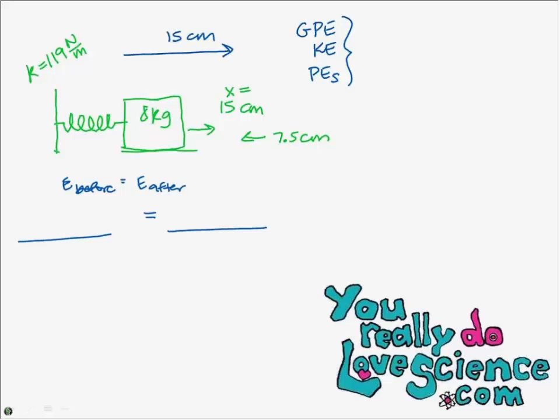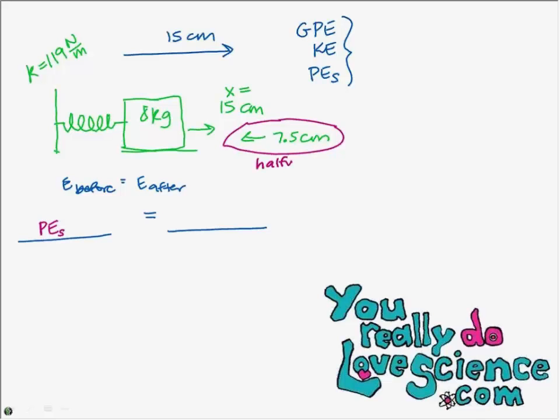It has potential energy. It does. It has the potential energy with a little s for the spring. It doesn't have gravitational potential energy. And then you're stretching it out, so does it have kinetic energy? Before you release it, does it have kinetic energy? No, it's just stretched out. So all it has beforehand is the potential energy of the spring before you let go. Now, after you let go and it's halfway back,